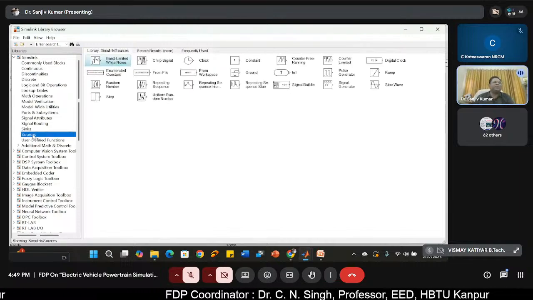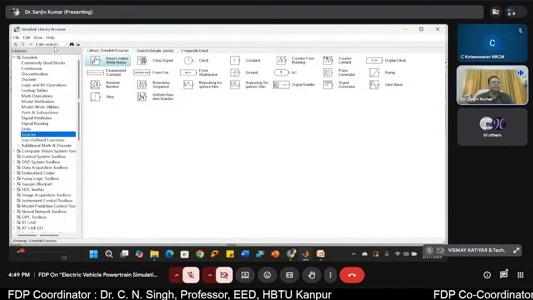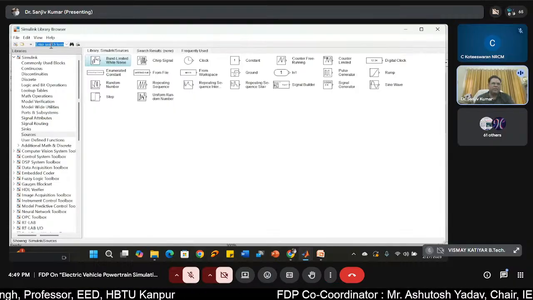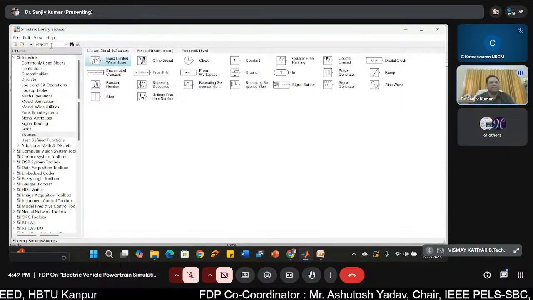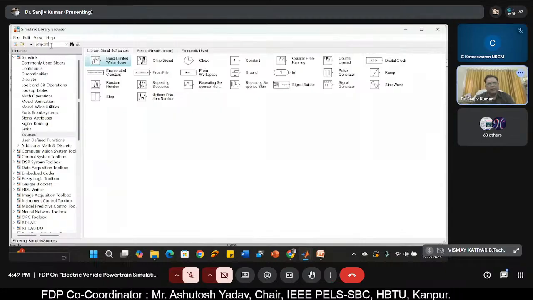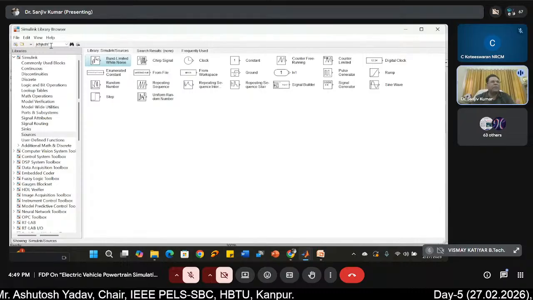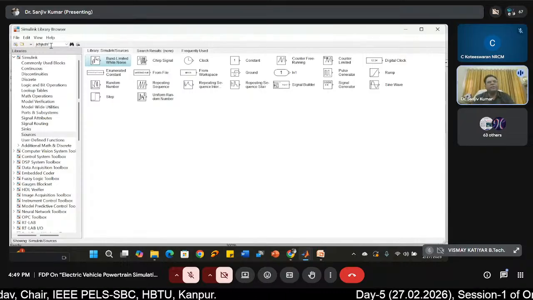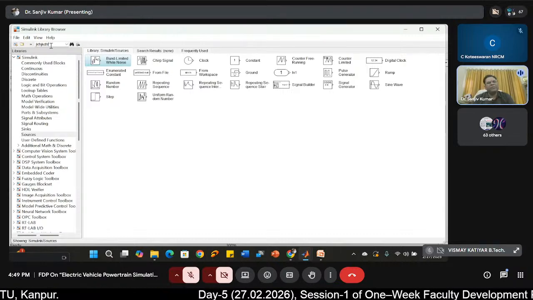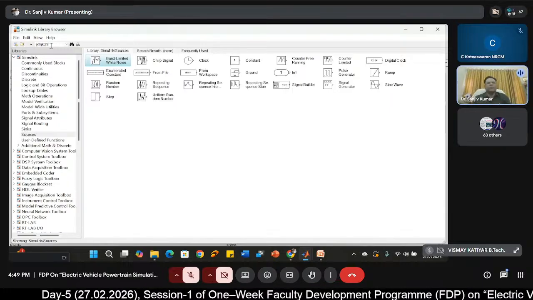Other thing I would like to suggest, you should ask your student not to use this. What nowadays I have noticed in students, they simply start searching like this, and something comes, and they use it. It's my personal experience. Rather than using this searching, you should try to find so that if you do it 2, 3, 4, 5 times, you also know the logic of that particular thing.